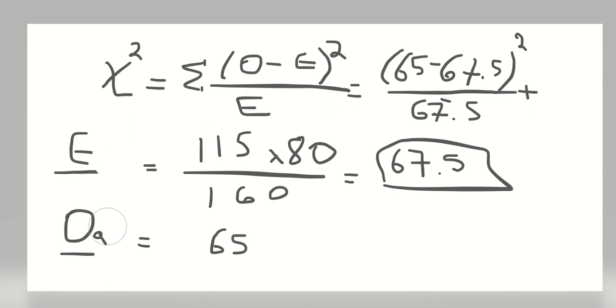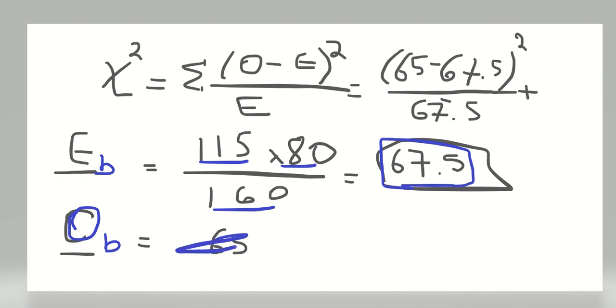for cell B, it just happens that it's going to be the same thing, 115 times 80 divided by 160. So again I'm going to get 67.5. But the observed for cell B is not 65. It's actually 50. Okay. So here I want to continue, I want to put 50 minus 67.5 squared. Okay, and you divide by